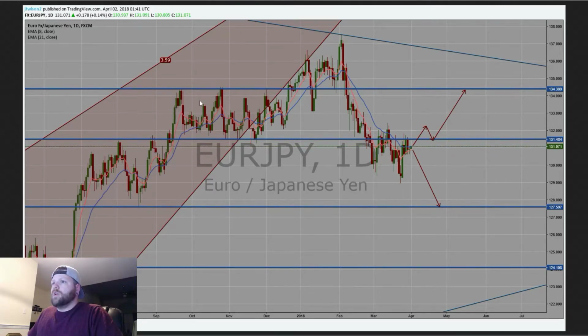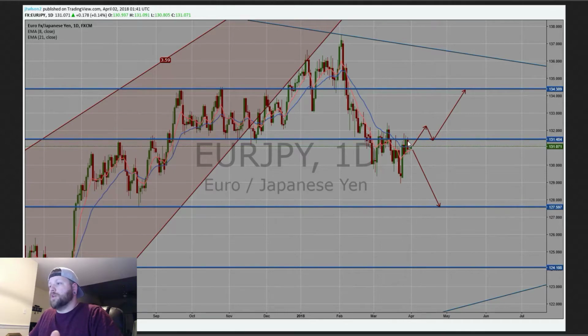So we can see this consolidation zone right here on EJ was finally broken to the upside, and then we had a bunch of bearish movement to the downside that broke below this consolidation zone, and that's where price is currently rejecting off of right now. So I probably will stay away from EJ this week because it's kind of giving me mixed signals. We do have this nice bullish engulfing candle right here, but like I said, we have this level that was acting as the bottom of this consolidation zone and was respected multiple times over here. So it's kind of in a weird spot